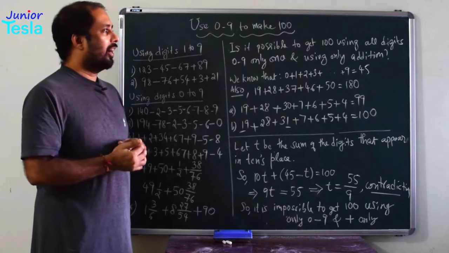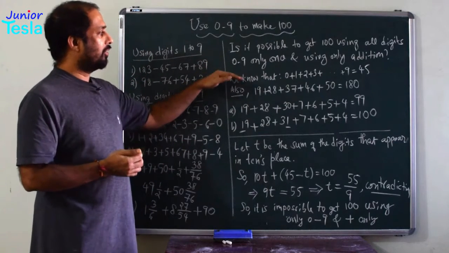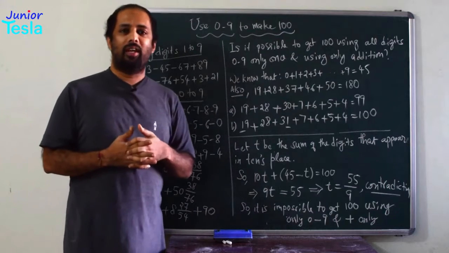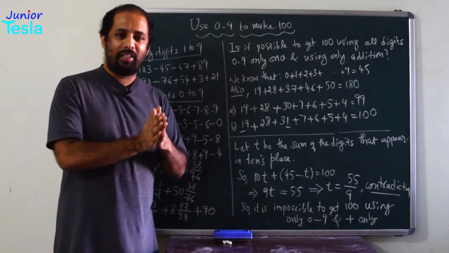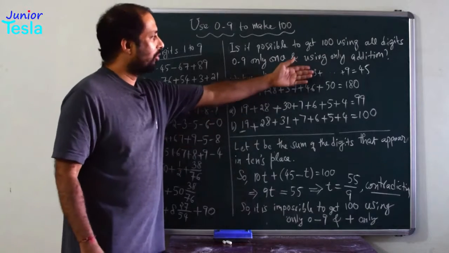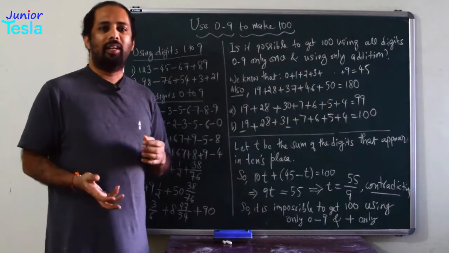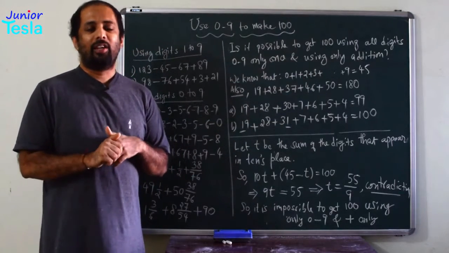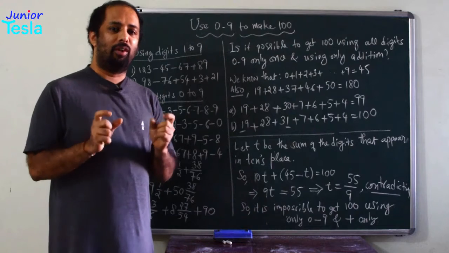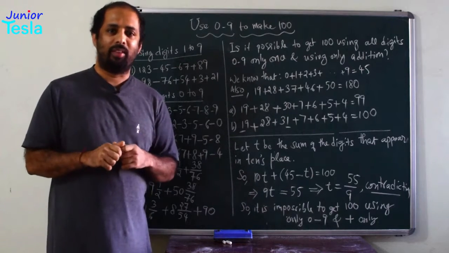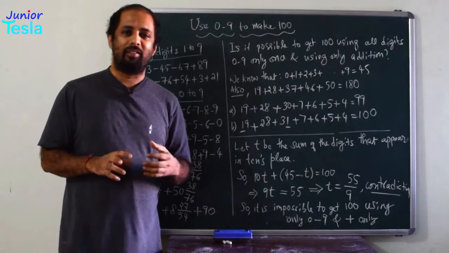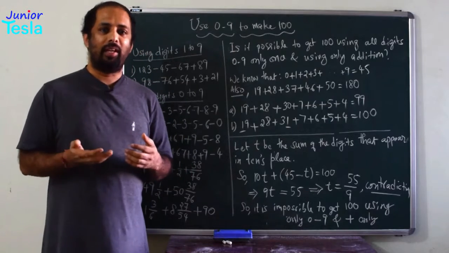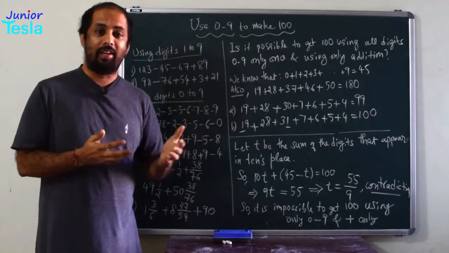Now for that, let us start with the digits. So we have 10 digits, 0 to 9. Now if you are adding all these 10 digits, the sum is equal to 45. It is way less than 100, right? So definitely your series must involve some 2-digit numbers also, because if you are taking only single digit numbers from 0 to 9, the sum is 45. It is very less from the desired answer.